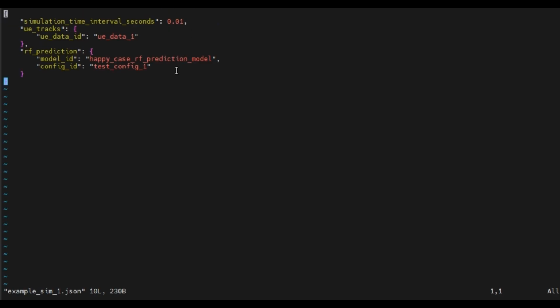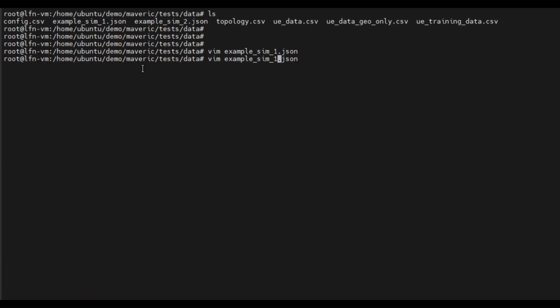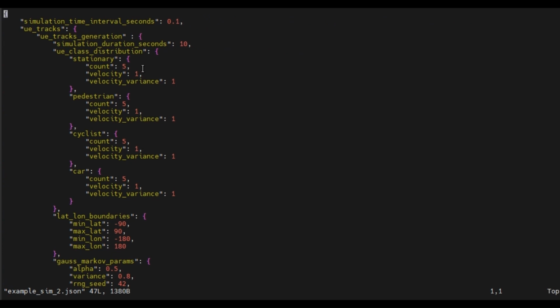In the example simulation 1, which is for the happy test case of RF prediction, we can see that there is UV data ID key and value with the simulation time interval in seconds. And in terms of the happy test case for RF prediction with UV tracks data, we can see we have specified